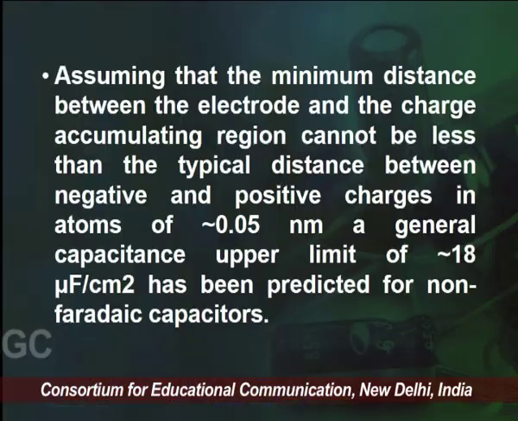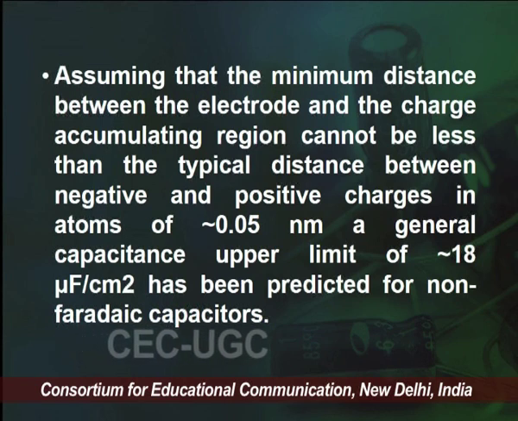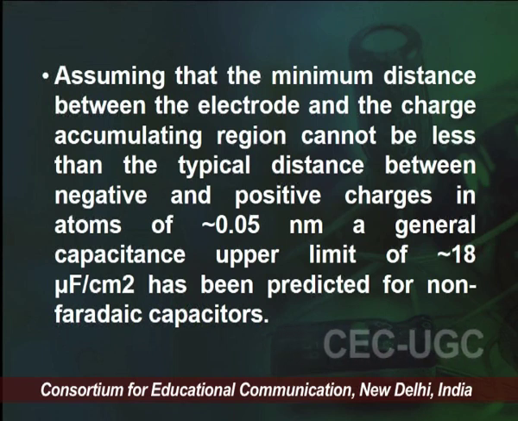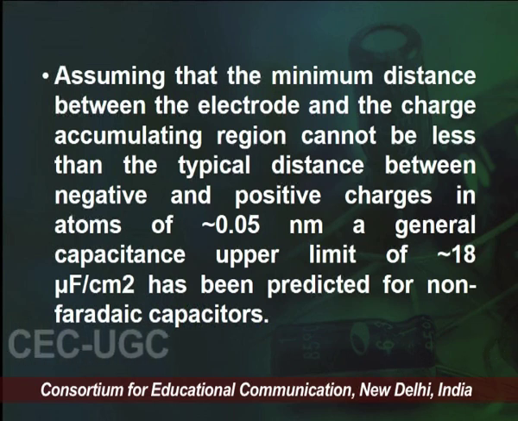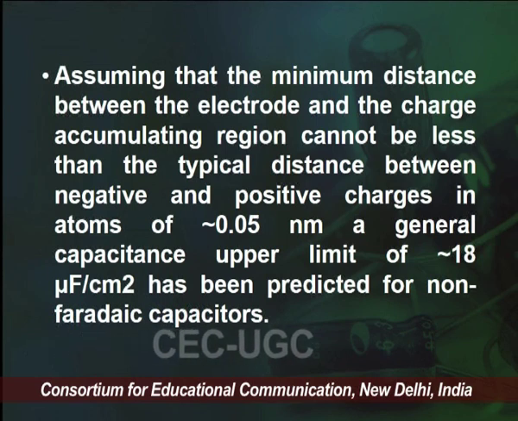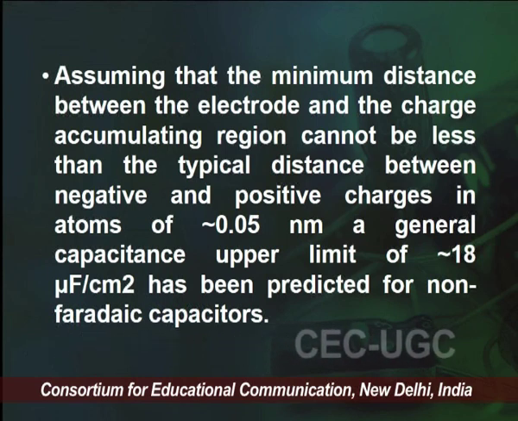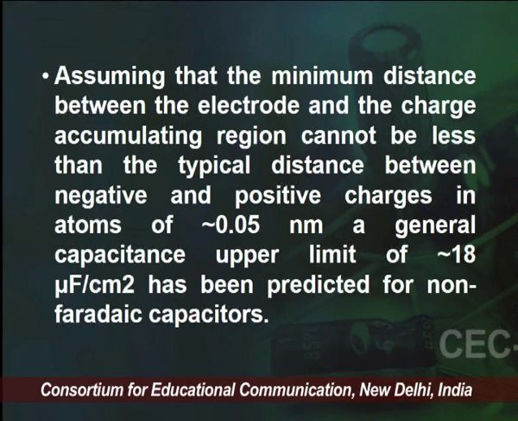Assuming that the minimum distance between the electrode and the charge accumulating region cannot be less than the typical distance between the negative and positive charges in the atom, approximately 0.05 nanometer, the general capacitance upper limit is approximately 18 microfarad per centimeter square. So that has been predicted for the